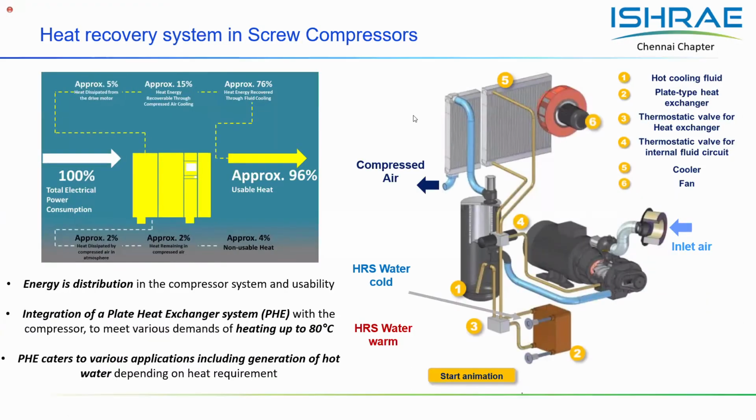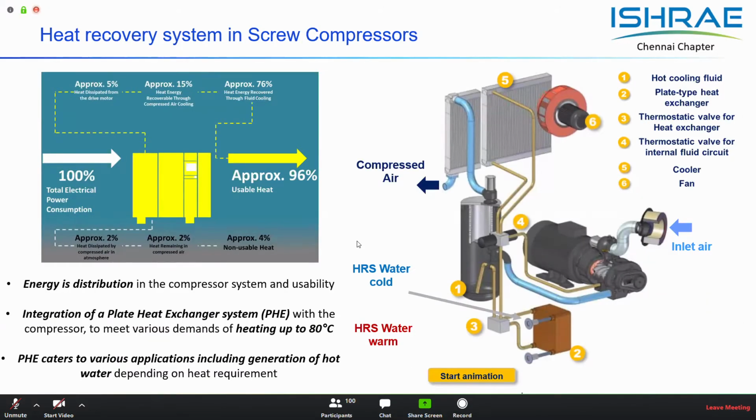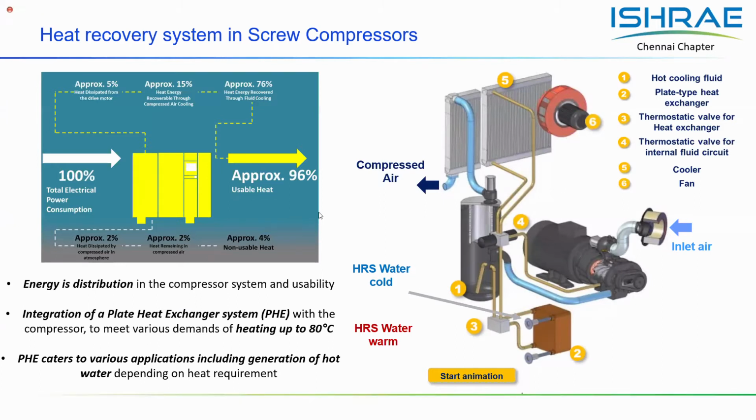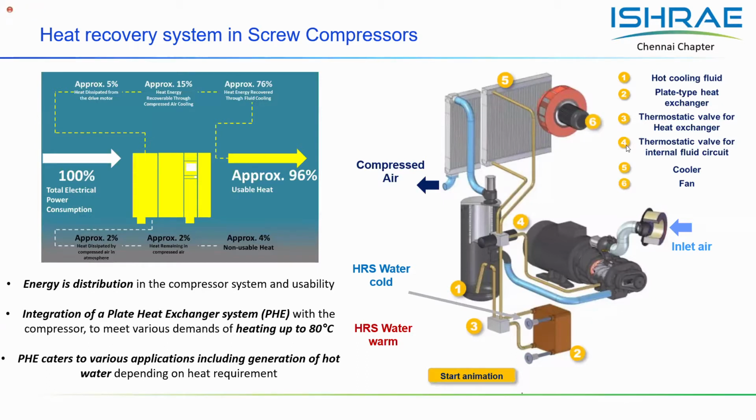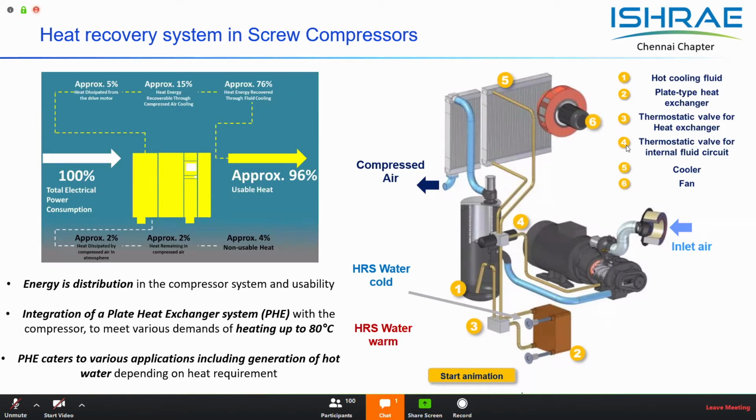So I would like to share one interesting application where you can put such a hot water chiller to use. There are screw compressors or air compressors in use in many industries for generating instrument air or process air requirements. In such compressors, heat gets generated during the compression process, which is typically rejected into the atmosphere using radiators. This heat has the potential to be considered as a heat source for running the absorption unit.